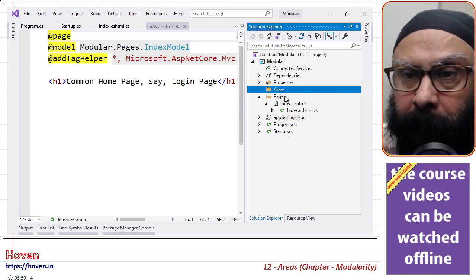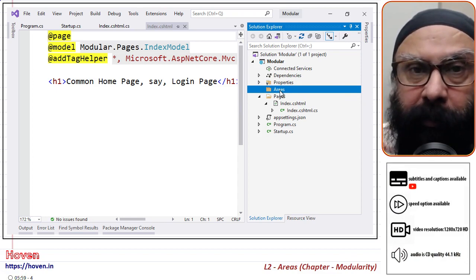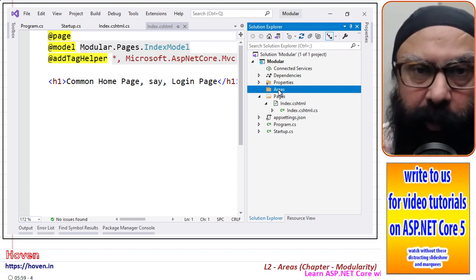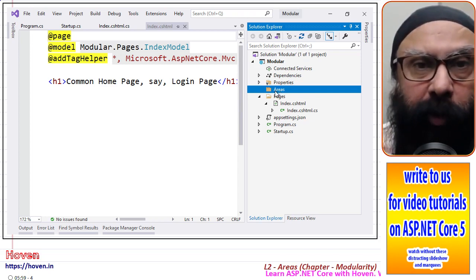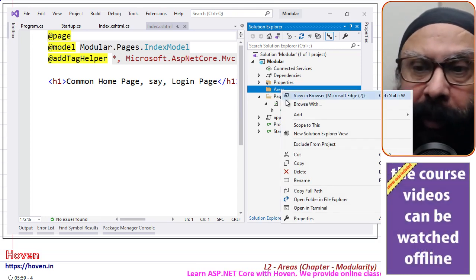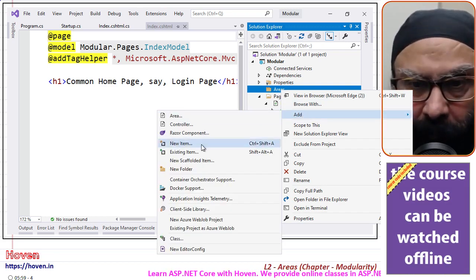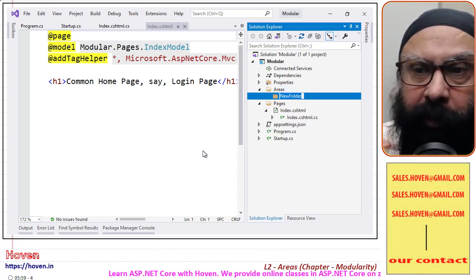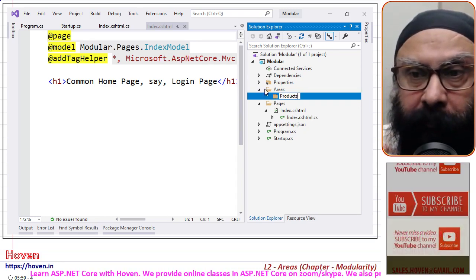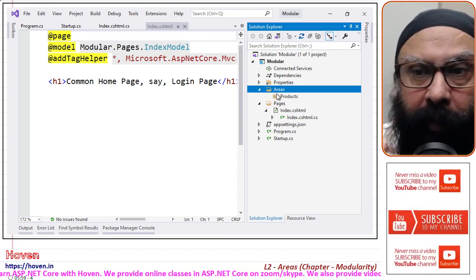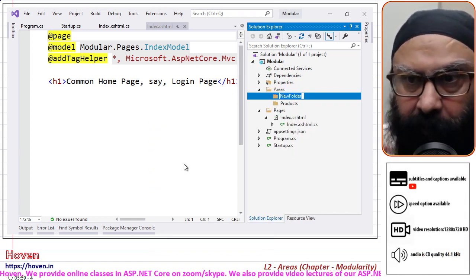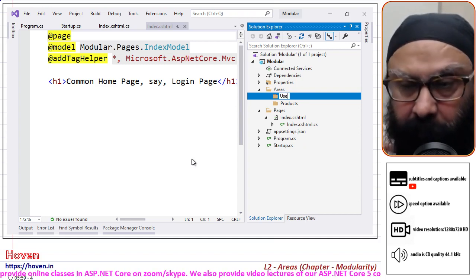And now in this Areas folder, I will create a subfolder called Products, because Products is the area that I want to create. I will add a new folder and give it the name Products. And if I want to add another area, I will give it the name Users.